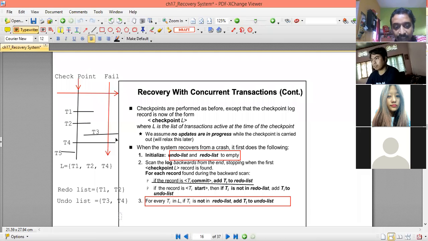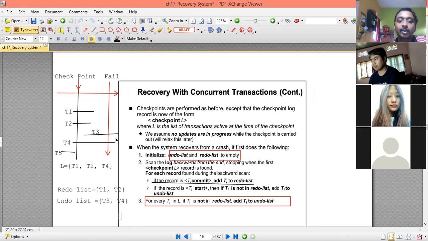During the scan, if some transactions are found with the Ti commit statement, they are added into the redo list. If some transaction is found with Ti start but not with Ti commit, it is not included in the redo list and needs to be added into the undo list.